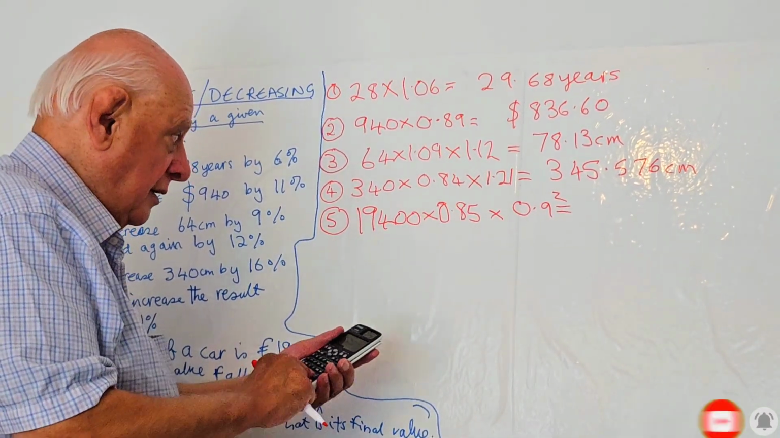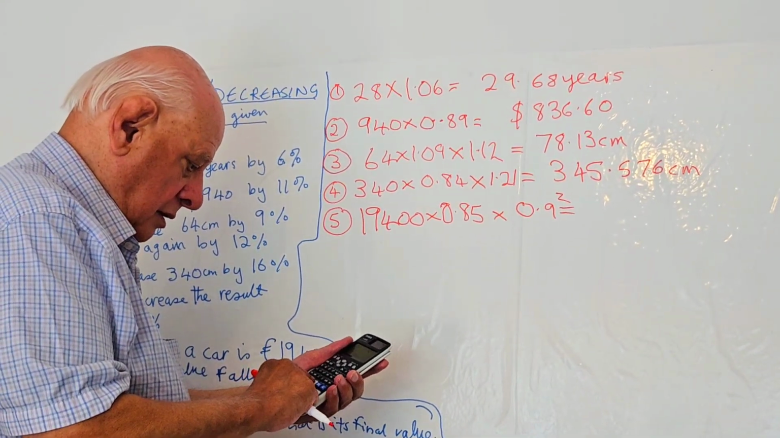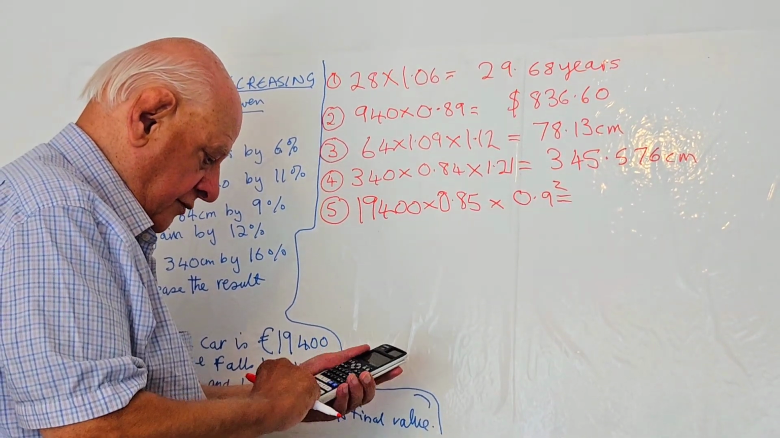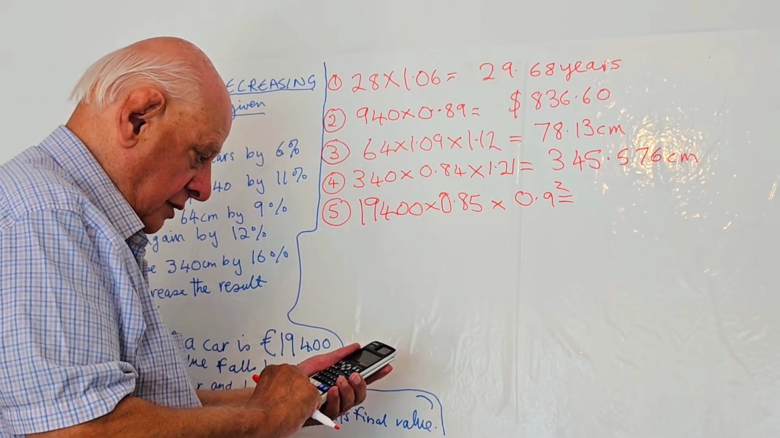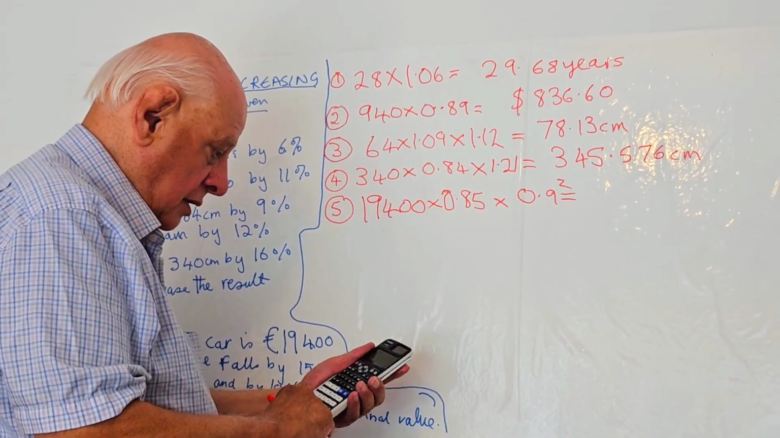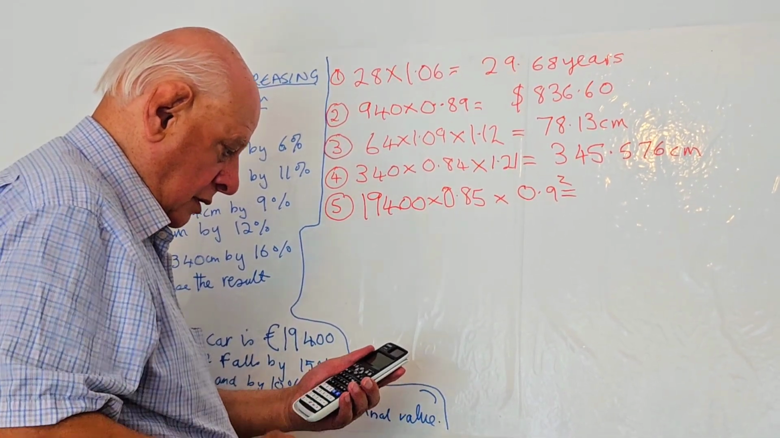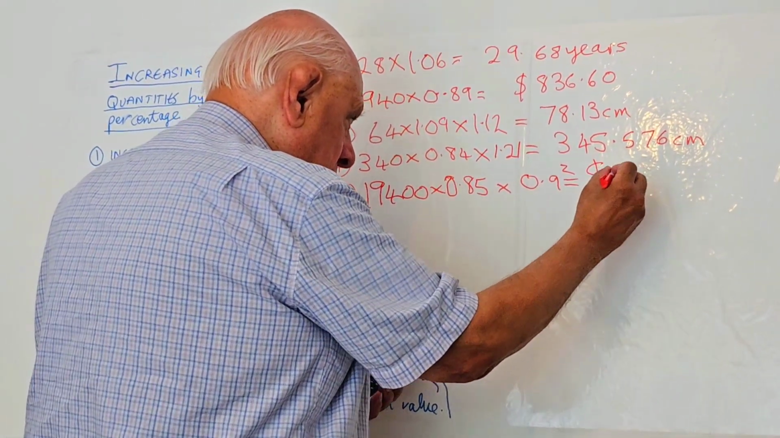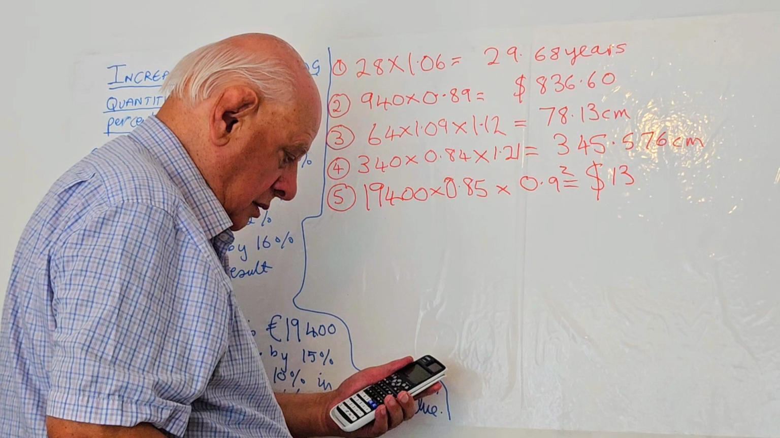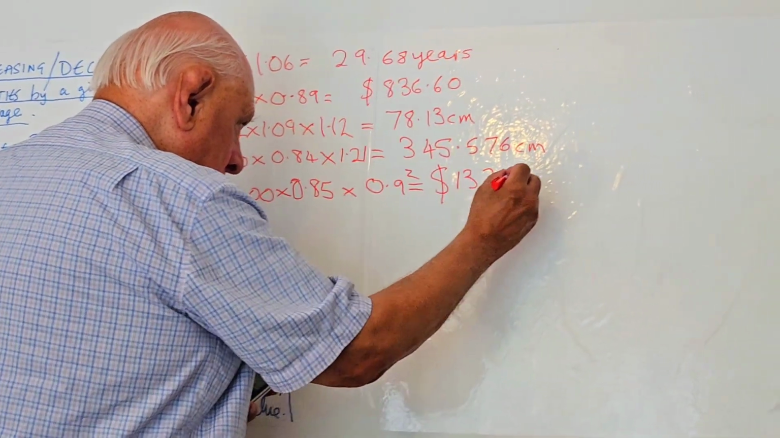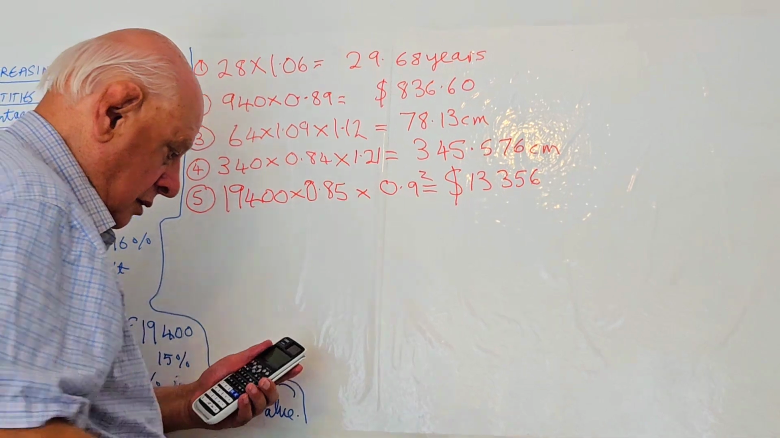And finally, 19,400 times 0.85 comes to euros 13,356 and